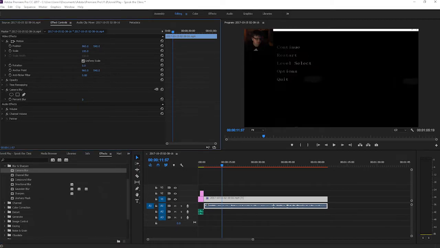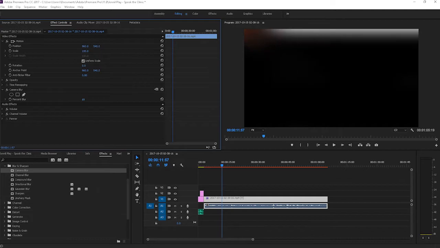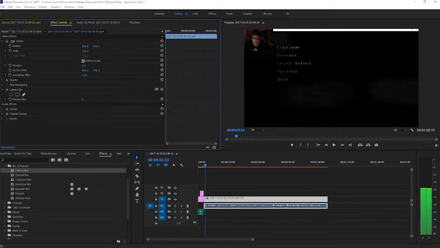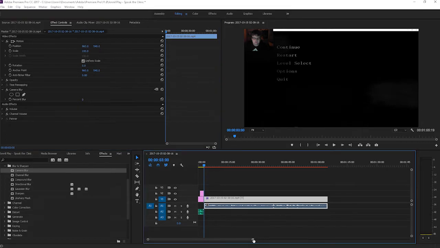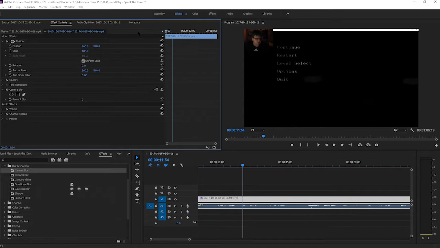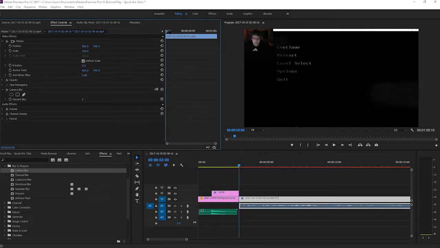And you see, you can make it blur and stuff. So you can use that. And if you want to animate stuff, you can do that too. So there's a timeline here also. So this is a start clip. And let's say we want to be blurry at the start, but